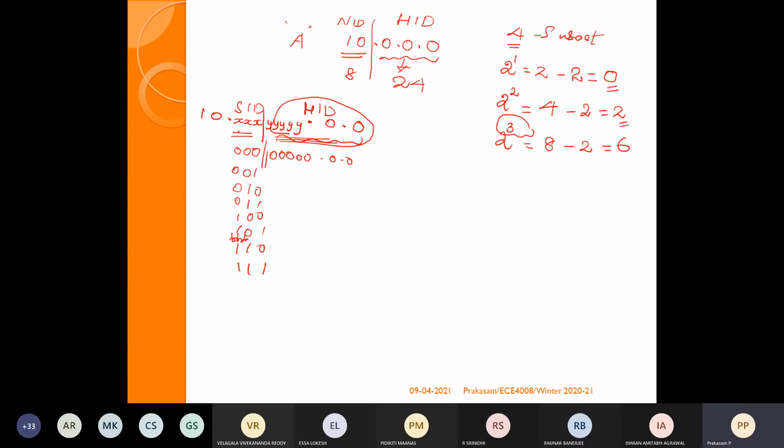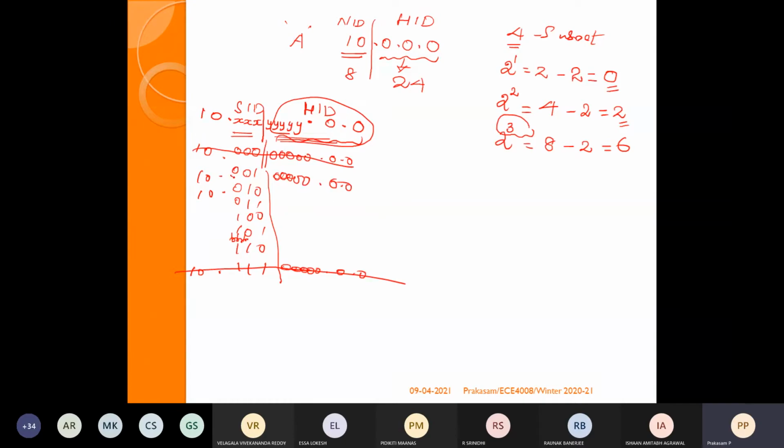So this will vary from 0, 0, 0 to 1, 1, 1. So the remaining bits will be 0. Now we have seen that always the first one is the network address, and we cannot use this. Similarly, the last will be broadcast, so we cannot utilize this. Remaining: 0, 0, 1, then 5 zeros.